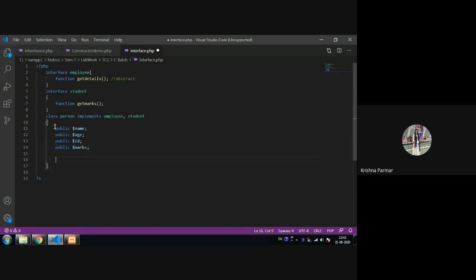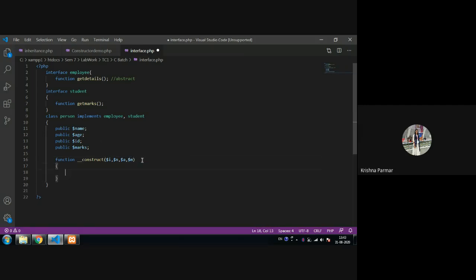Now I'm creating the constructor. Students, just pay attention here: first use the keyword function, then double underscore, make sure you go for double underscore, and use construct. Here I'm passing all four values, but using short names: I for ID, N for name, A for age, and M for marks, so that I don't have to write everything.